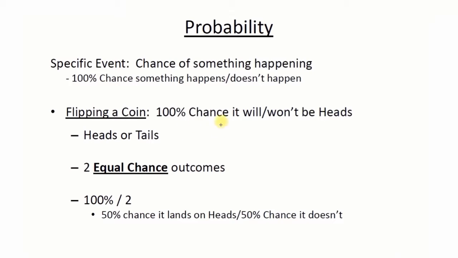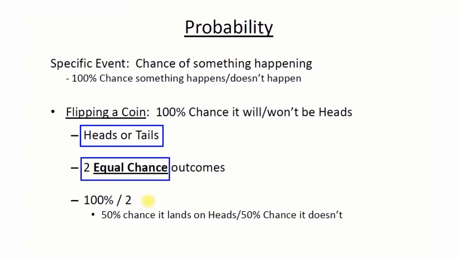Well, in the case of flipping a coin, there's only two things that can happen, heads or tails. But here's the important part. These are two equal chance outcomes. There's an equal chance it lands on heads and an equal chance it doesn't, which means it lands on tails. So in order to figure out my chance of landing on heads, a specific event now, we're not looking at heads and tails, all I want to know is what is the probability of me flipping a coin and it lands